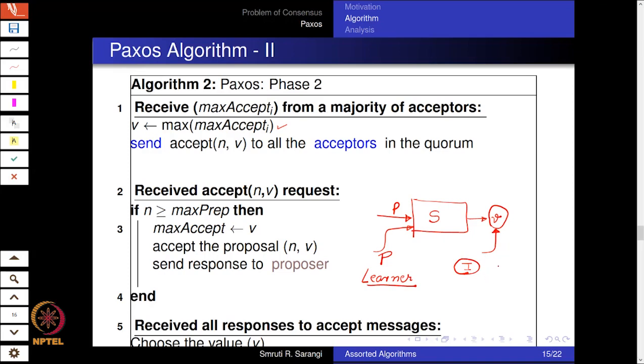So phase 1 sets a temporary state in each acceptor, which is max prep. Max prep is set equal to their proposal number. In phase 2, all that they do is come and check if max prep has maintained the same value or not. If it hasn't, it means that there is an intruder in the middle, and then they abort.